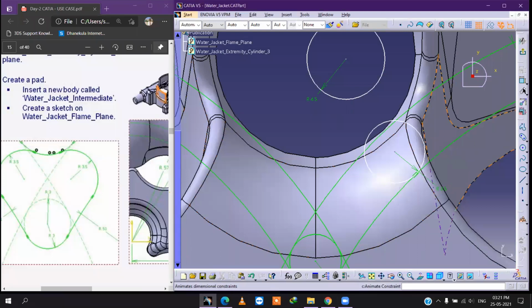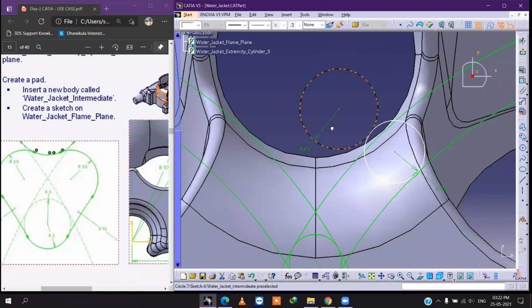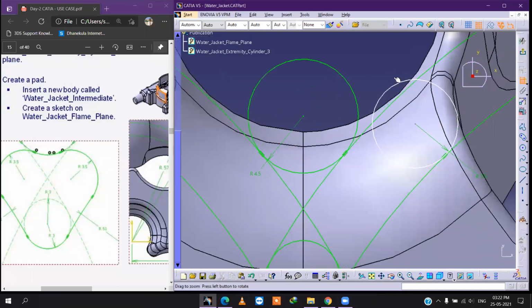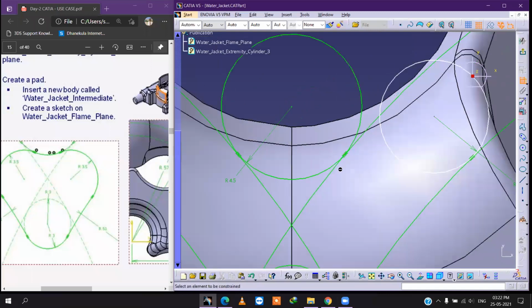First you have to, okay. This one. This one to this one. Give it tangency, and this one to this one again. This circle, right click, tangency. Okay. Now this is left from this one. If you give it to this one, it will show you over constraint.